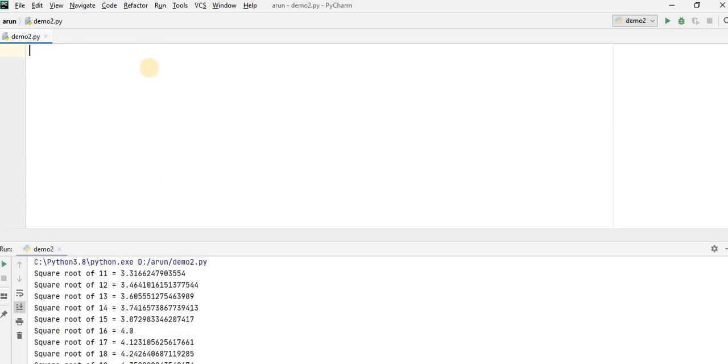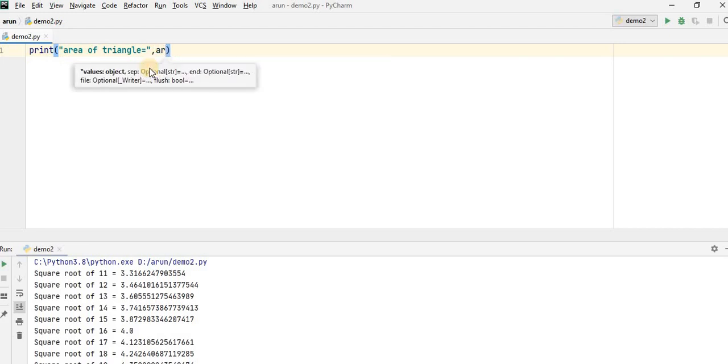How? Let's see. Now print area of triangle equals to what? What is the function name? Area of triangle, and pass the parameters, for example 5 and 10. 5 is the base and 10 is the height.